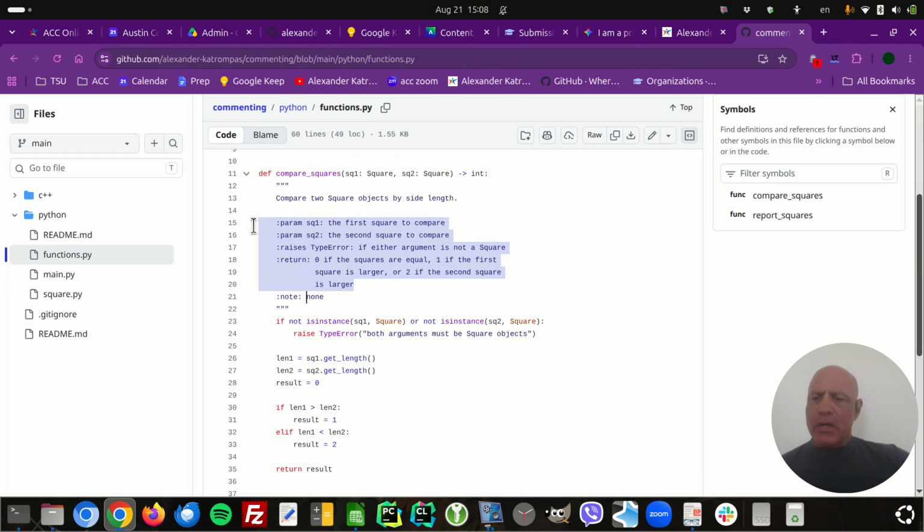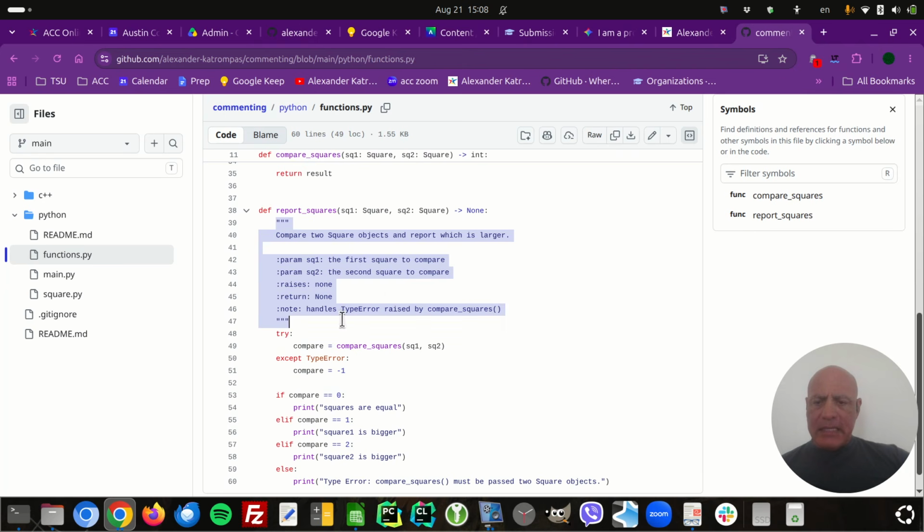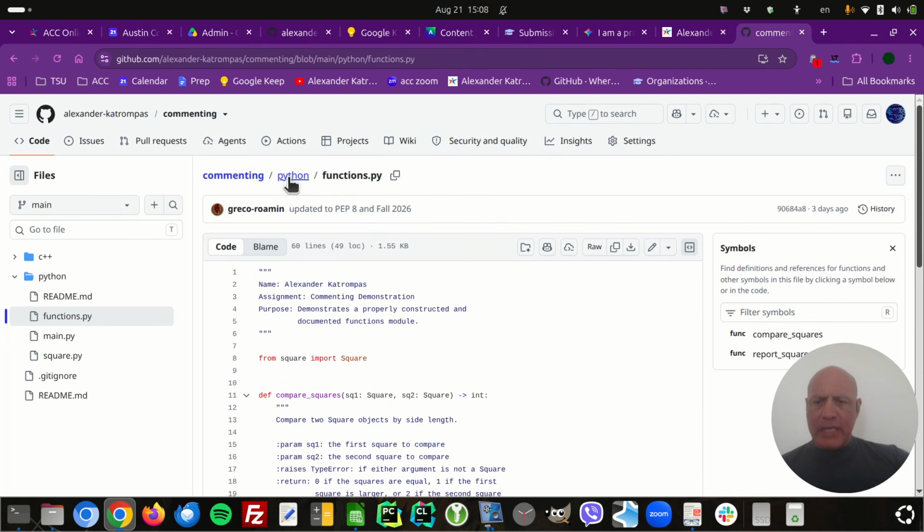Again, this is all part of specifications that help make documentation. And in this case, it's even more important because this is programmatically accessible, which means you can write code that will access the docstring from inside the application. So it's even more important that you get it right. Okay. Same thing here. This one's basically the same thing. Okay. So that's for functions.